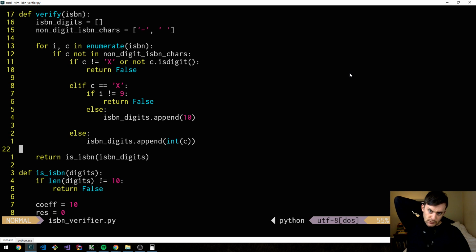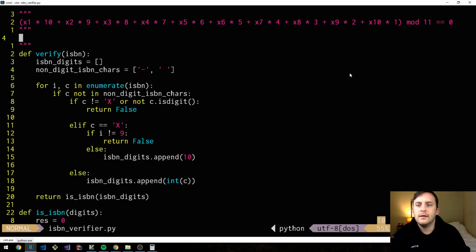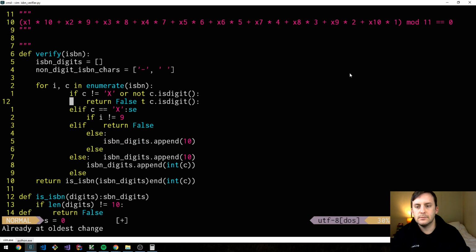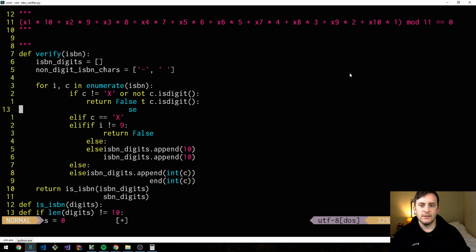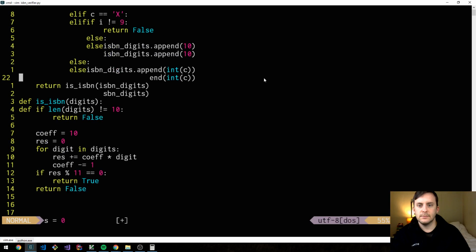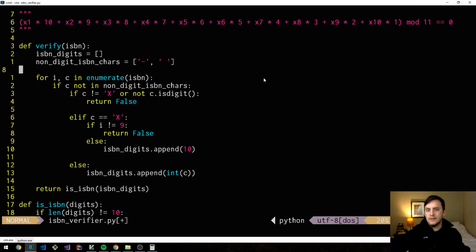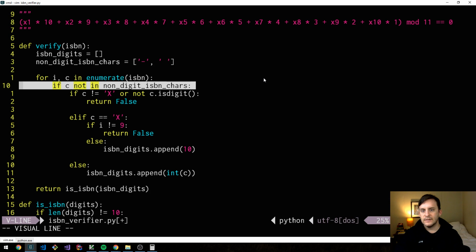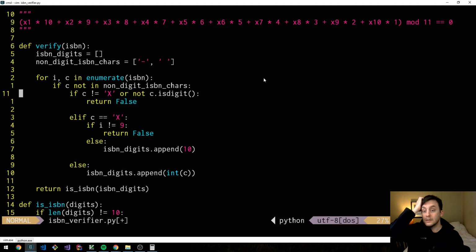That's cool. All right, so let's check our logic here again. If c not in non-digit ISBN chars, what is going on? Where did I mess up? Using Vim in Windows is always kind of an adventure. Not the kind of adventure that's fun. All right, so for i, c in enumerate(isbn), if c not in non-digit ISBN chars,